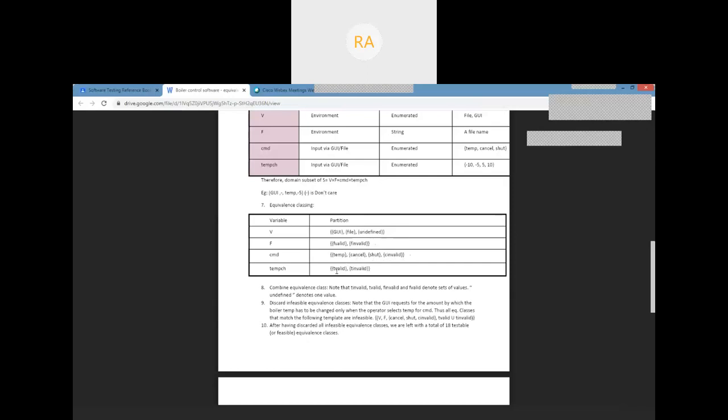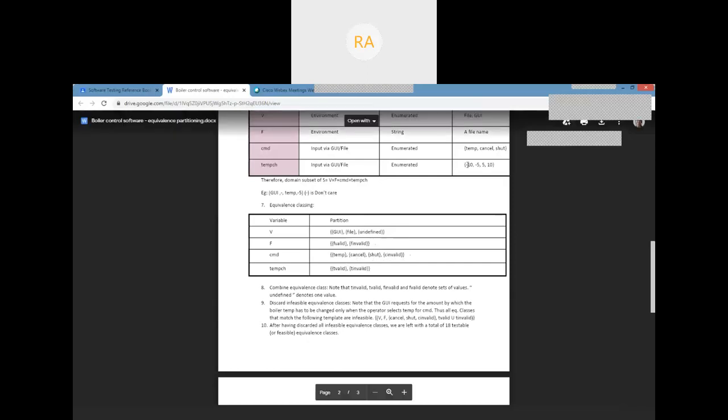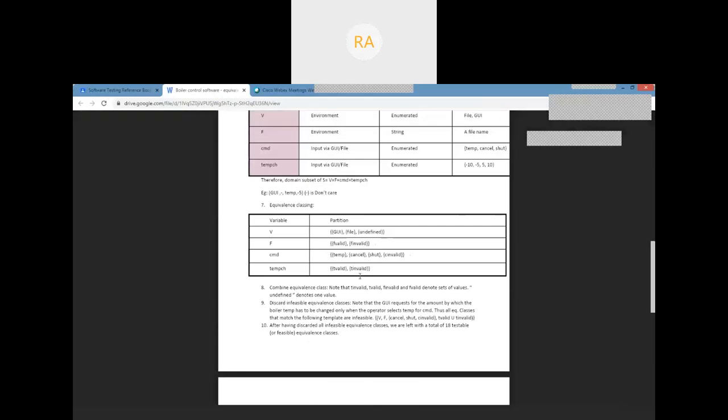In T valid, I can give 4 permissible values and one more, T invalid. So totally 5 values are there in TempCH. 24 into 5, how many? 120 equivalence classes will be generated if I go for multi-dimensional partitioning. That is, at the third step, combining the equivalence classes, I'll be getting roughly 120 classes.